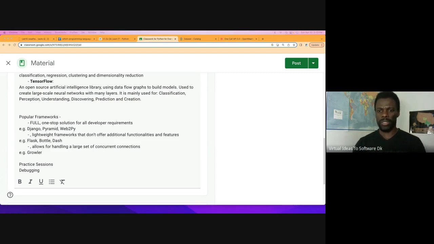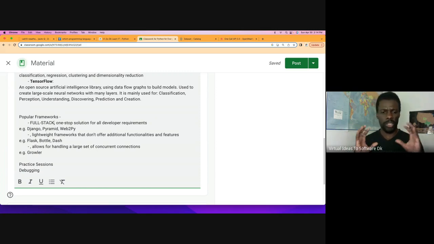So different types of frameworks that you see. There's obviously the full stack framework. So it has everything already, one-stop shop or one-stop solution for all your development requirements. Now, frameworks for Python, what we're talking about are going to be web frameworks. So when you create your application, you want it to be on the web, or when you create something, you want it to become a web application, then you use Python framework to develop that very easily. You don't have to start from scratch. They've done the basic backbone work for you. So the full stack is the first type that you're going to encounter, and another framework that you'd see is